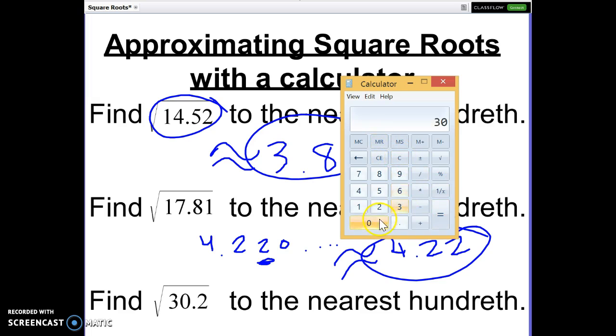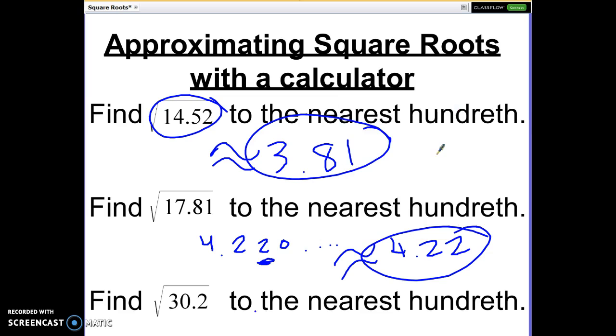Okay, this last one is a little trickier. When I look to round this number, so let's go ahead and actually write out the number, 5.495, and so on. And I apologize, I'm not used to writing on my computer screen, so it's a little sloppy. The 5 actually tells me to round the 9 up. So this approximation would actually be 5.5, or if you wanted to, 5.50. So that's how